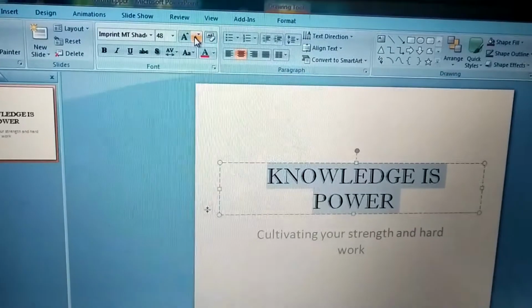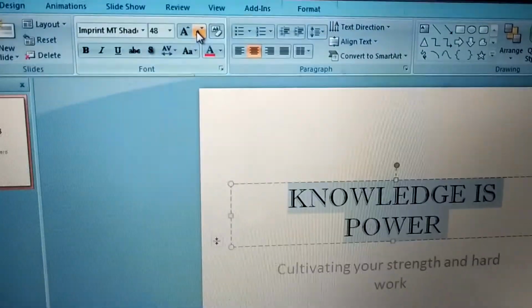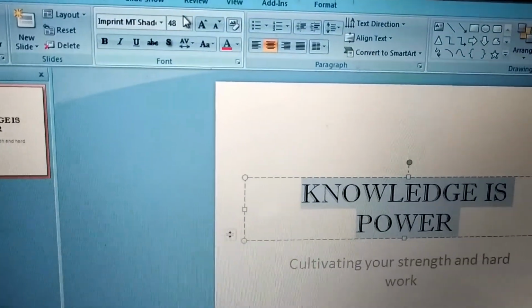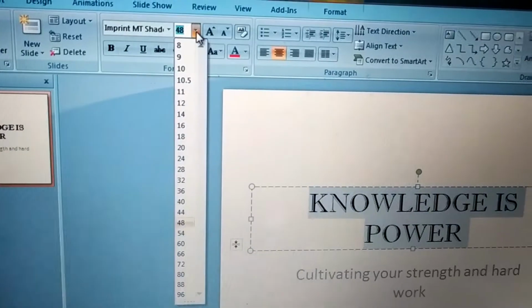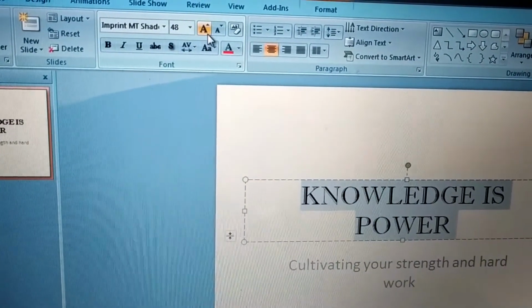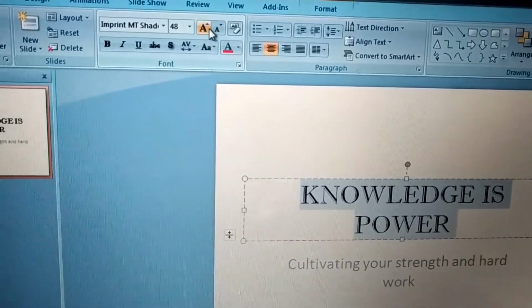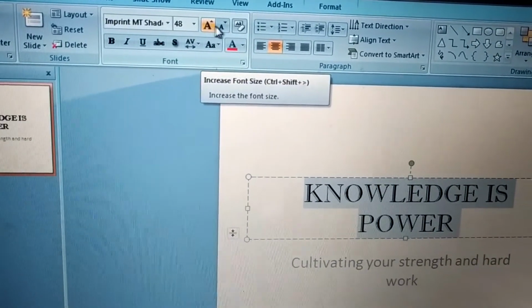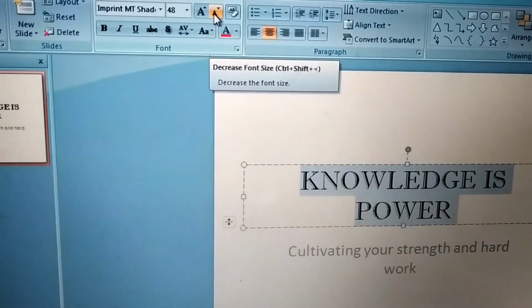Fine. So two ways you have learned to increase or decrease the text size. One is clicking on this arrow button or choosing this larger A or smaller A. This will increase the text size. This will decrease the text size.